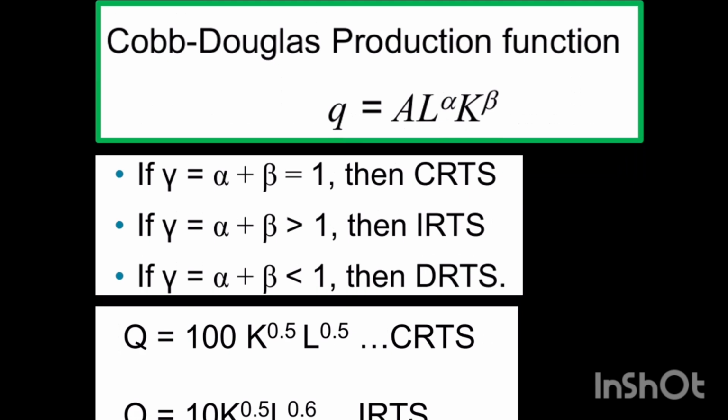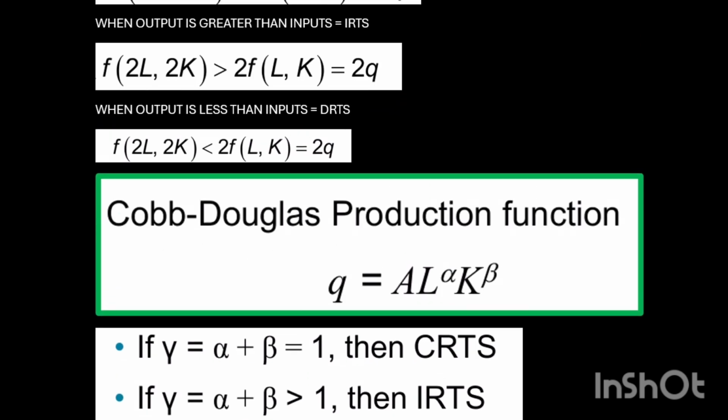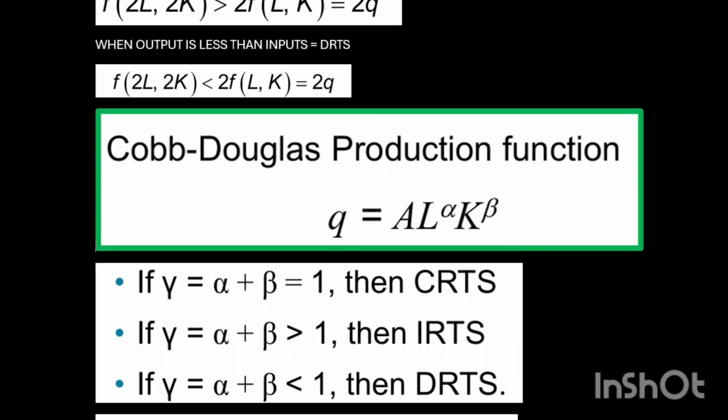Okay, then we have the Cobb-Douglas production function, which is Q equals A times L to the alpha times K to the beta. It's very important for you to pay attention to this equation, because when we deal with increasing returns to scale, it's very important to know your alpha and your beta. So when alpha plus beta equals 1,